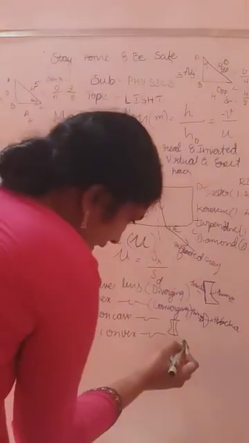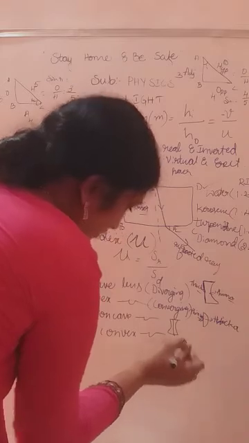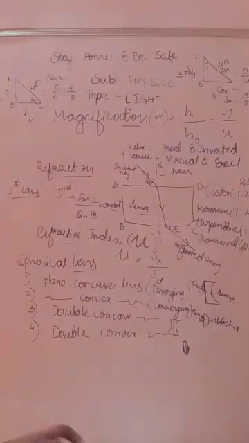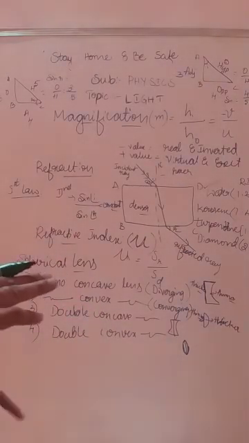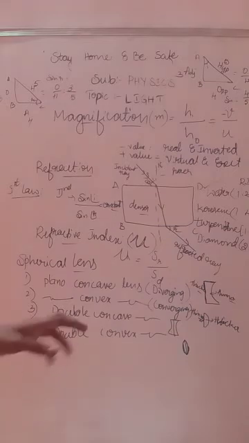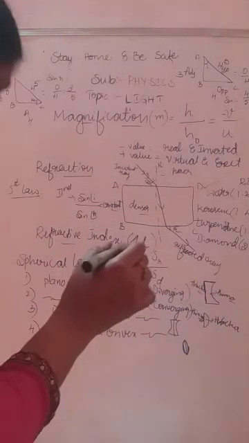Even this is also, we can get the double convex lens. The lens which have two spherical convex surfaces but bulged outward. Bulged inward is called the double concave lens, but they are having two spherical convex and two spherical concave surfaces. That thing you want to concentrate. The lens which have two spherical convex surfaces but bulged outward is called the double convex lens. Did you understand now? Yes.